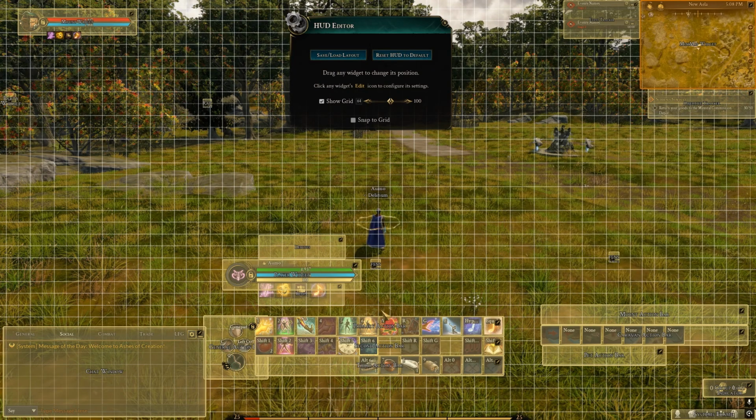So, a couple different things that you can see here. First of all, when it comes to the actual layout itself of the UI, I don't use the default whatsoever for a couple different reasons. One, the default UI has things way at the top of the screen, way at the corner of the screen, party widgets all the way on the side. It's basically just your eye has to move a long distance to be able to get very important information at a glance. So what I've done and what many competitive players do is they move everything closer towards the character,